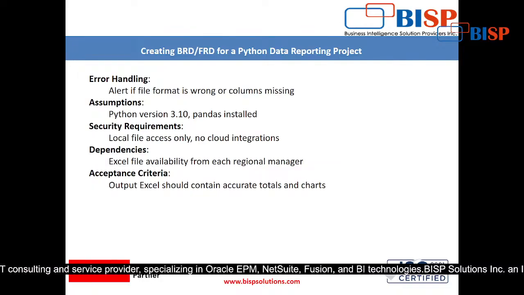Suppose whatever we have done, what is the acceptance criteria? The acceptance criteria means how you will be satisfied. So: output Excel should contain accurate totals and charts, that's it. That means on what basis you will say, okay, this project is good. So the output, the